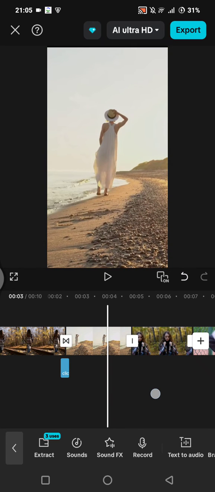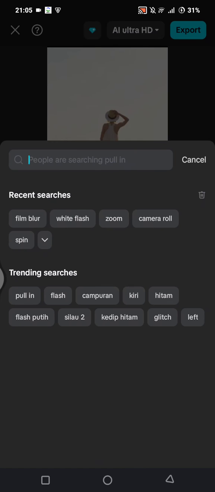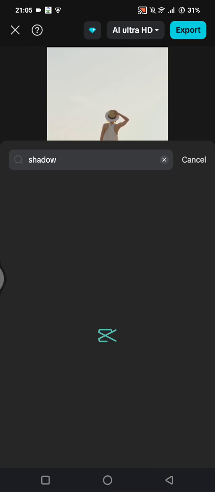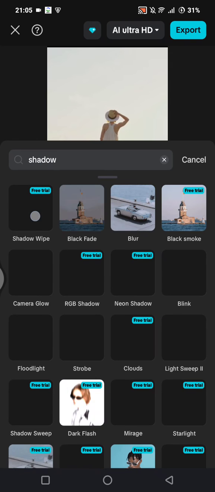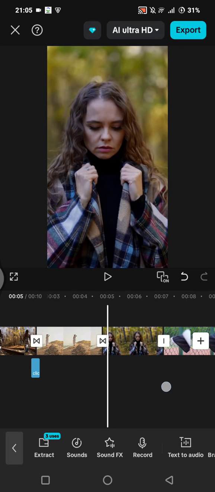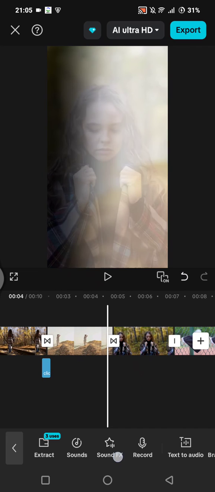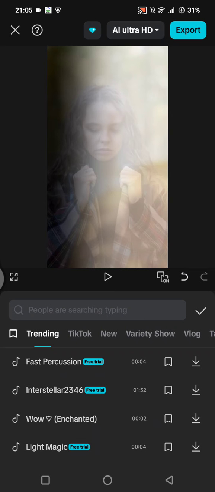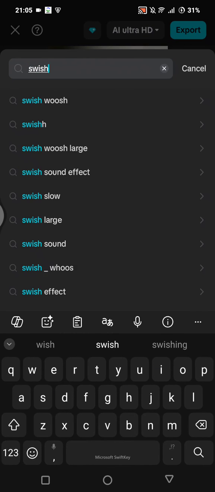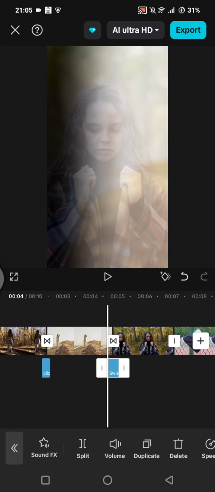Okay, and for the next footage, click on the transition box again, and now add the shadow wipe transition. Just search for shadow in here and add the shadow wipe transitions. And again, for this one, you can also add the sound effects, and here I'm going to add the swish sound effects. So for us, just search for swish, this one,